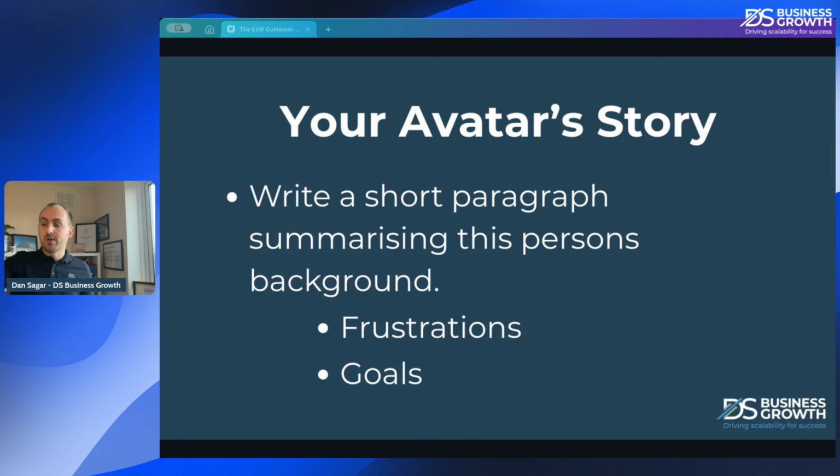So again, on the worksheet here, I've left kind of half a page for this, and you can go into a bit of detail. But as you would have been going through and listening to me speak and doing this again in your own time, there's certain things that you may have highlighted or pointed out as you went through, which were the most relevant. You think, oh, that's a little nugget, that's a little nugget there. So this section here is all about bringing your story together and summarizing that in a really clear, concise way in half a page at the most, where you can absolutely summarize this and see it all together and bring out the most important stuff, the true gold.